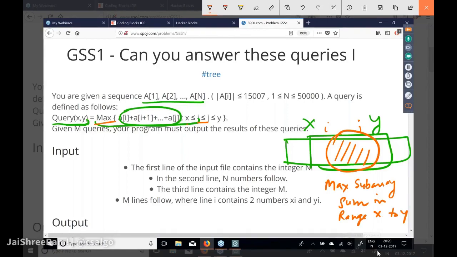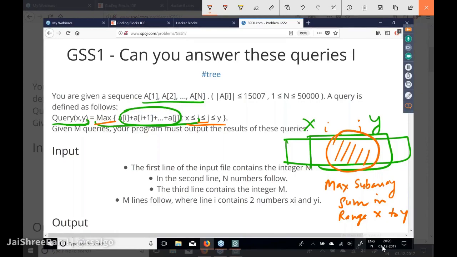मैक्सिमम ऑफ ऑल सब एरेज इन दिस रेंज, इन दिस सब एरे, सब एरे के अंदर सब एरे की बात हो रही है। एक्स से वाई ऑलरेडी एक सब एरे है, उसके अंदर मैक्सिमम सब एरे सम की बात हो रही है। ठीक है, जो हमने नॉर्मली केडेन्स एल्गोरिथम से किया था उसको अब हमें यहाँ पे कुछ और करना पड़ेगा।